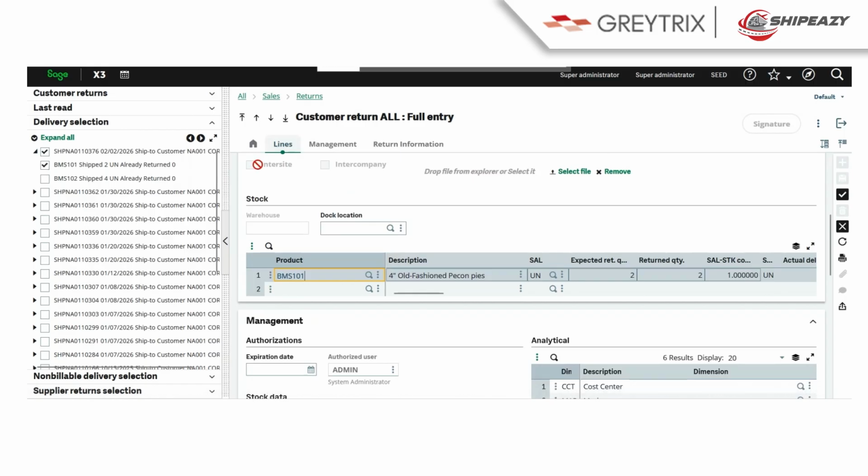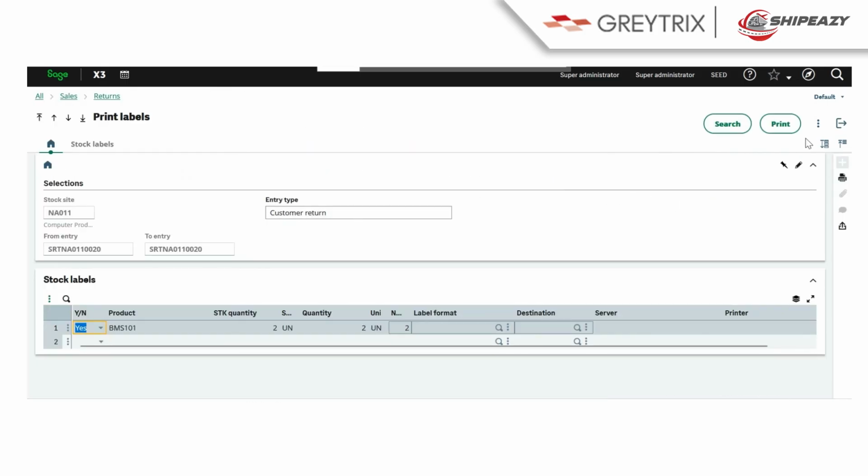So I will select the first product, the 4-inch old-fashioned pecan pie, and will create the delivery customer return.